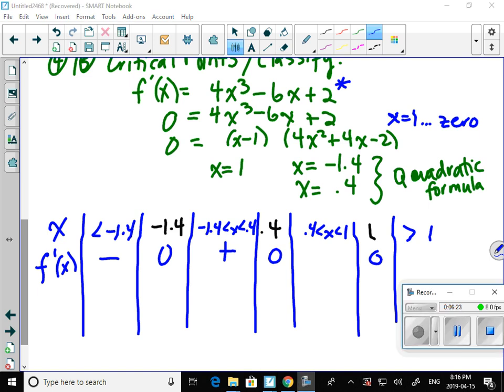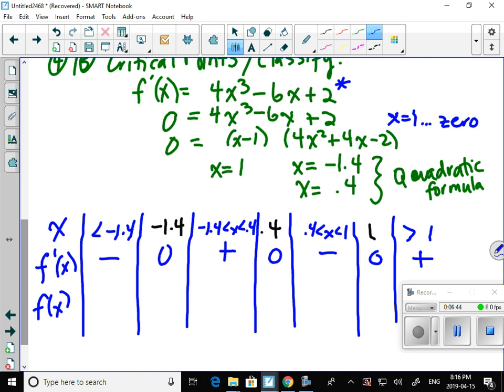Okay, I am getting negative. And then greater than 1, say that we did 2, so it would be 4 times 8. 32 take away 12 is positive, plus 2 is positive. Okay, you can use a calculator for that. We're just looking at the first derivative, and that tells us about our function,